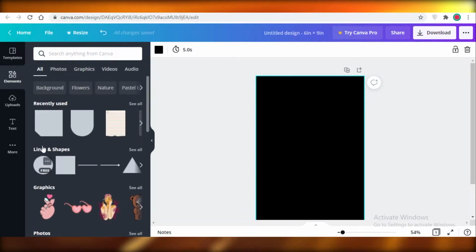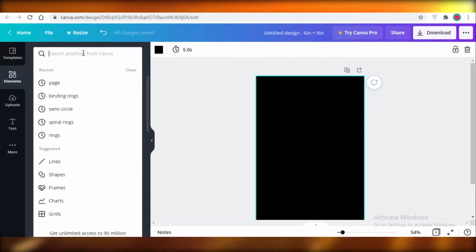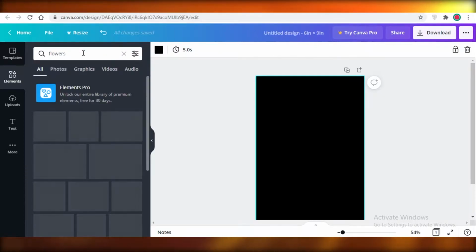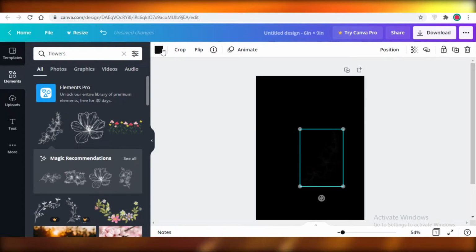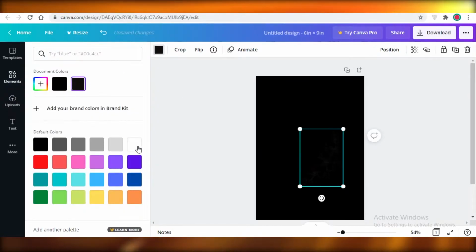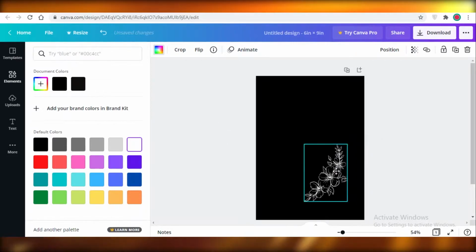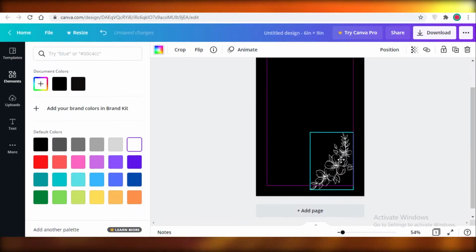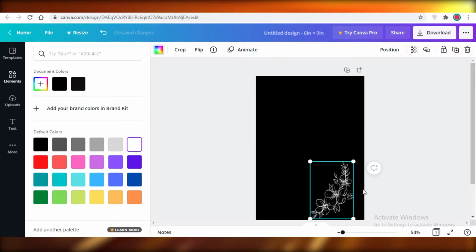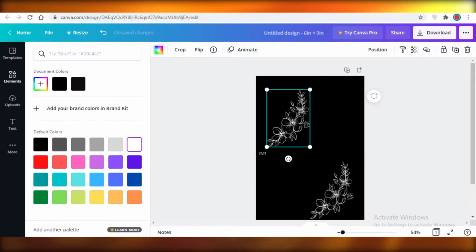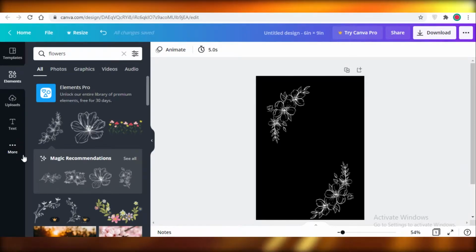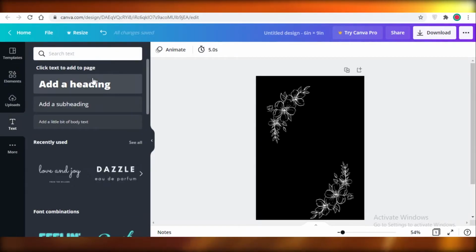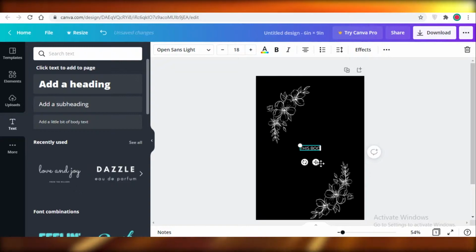So what I'm going to do is search for flowers on Canva in elements, and I'm just going to add these flowers. I'm going to change the color. They're black, so I'm going to make them white like so. I'm going to place them right over here, and I'm going to rotate them and place them on the top as well, like this. And now I'm going to add some text that says "this book belongs to",